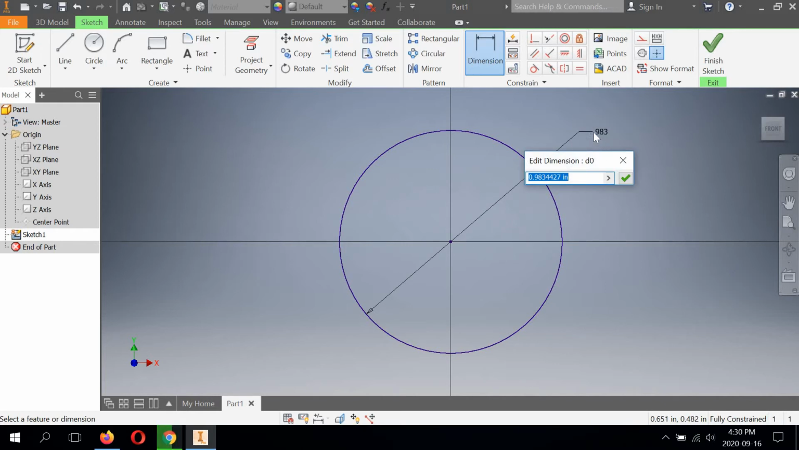I'll drop this right here. As soon as I left click to drop it, an edit dimension box appears. This is where it prompts me to edit the dimensions. According to the drawing, the radius of that circle is 0.625. So I can type R 0.625. Actually,